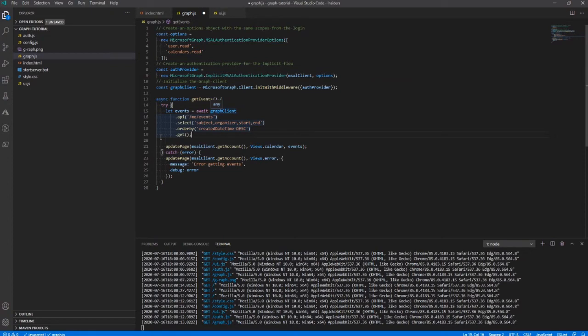So by using that, I'm telling it which fields on events that I care about. And in the response, I'll only get back those particular fields. Then the order by is similarly adding an order by query parameter and telling it this is how I'd like the results sorted. So the server will do the sort for us, and when it returns it back, this is how we'll get it back. Okay, and then once we